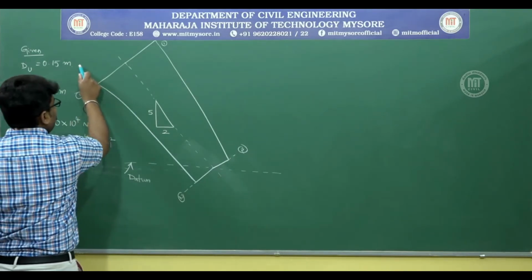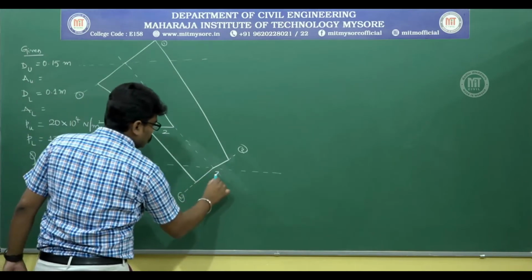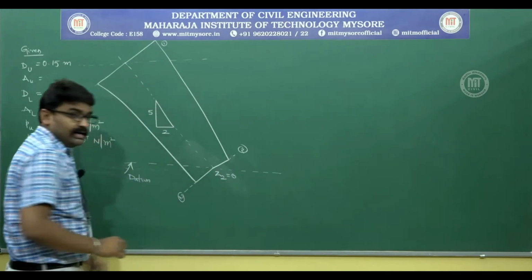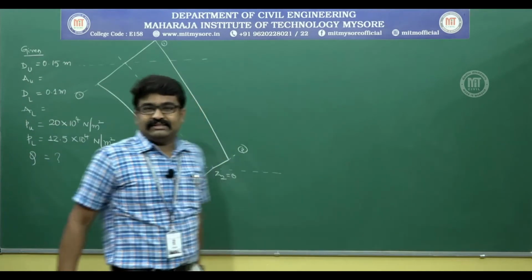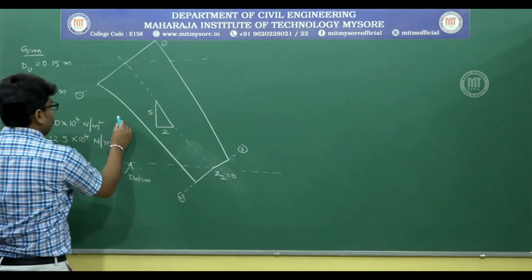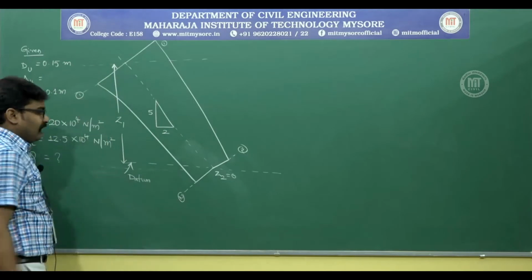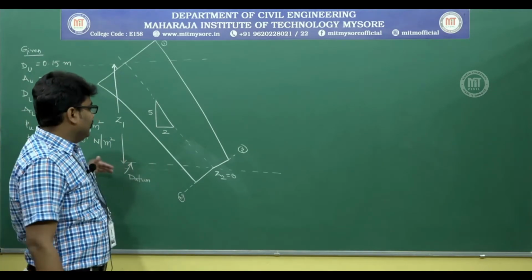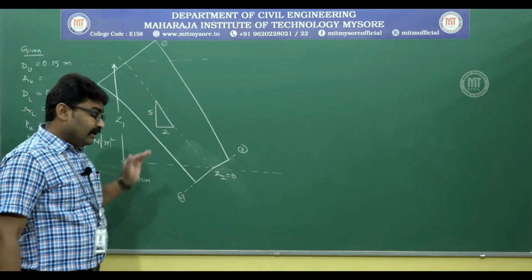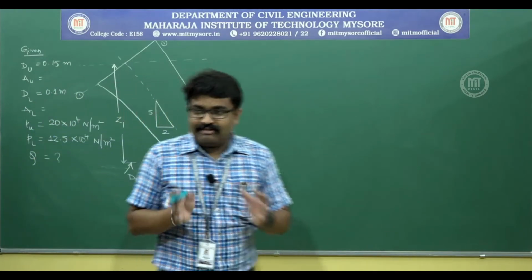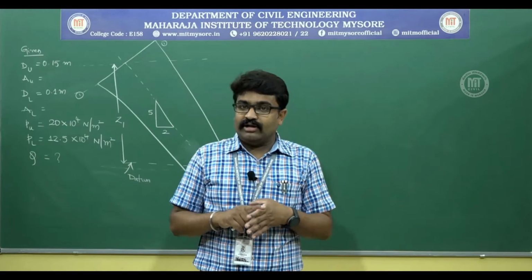So this is a very, very important part of the problem. Now this is Z2. Z2 is equal to 0 because the datum line has passed through the center of section 2. Now what you need is Z1, that is the distance of center of section 1 from the datum line. How do I calculate this height? We will see it later. Now I have formed the basis. Now I know Z1 and Z2, P1 and P2 are also known.